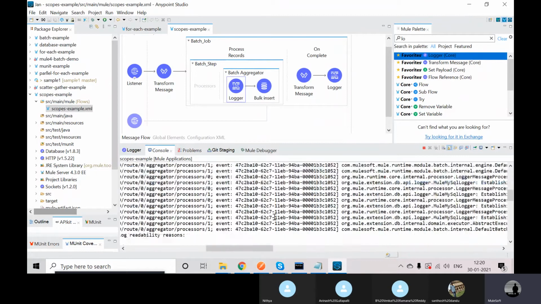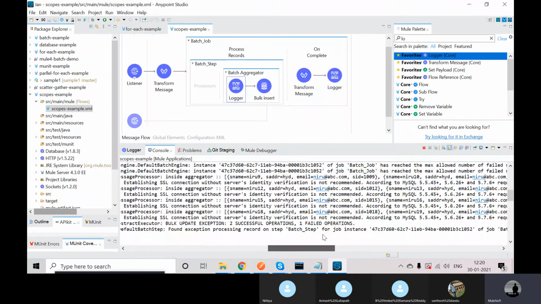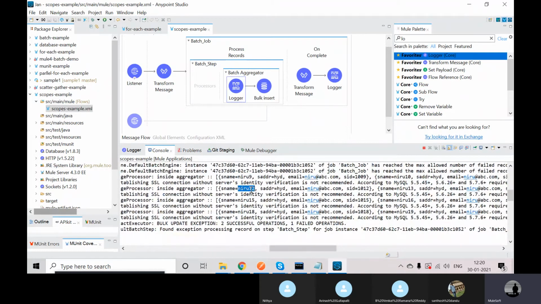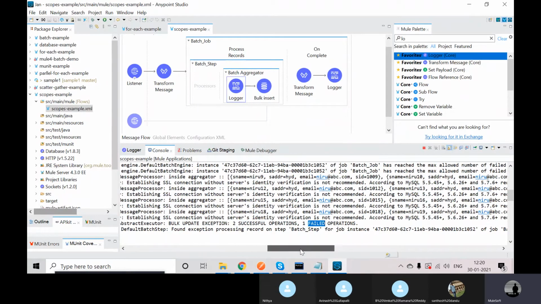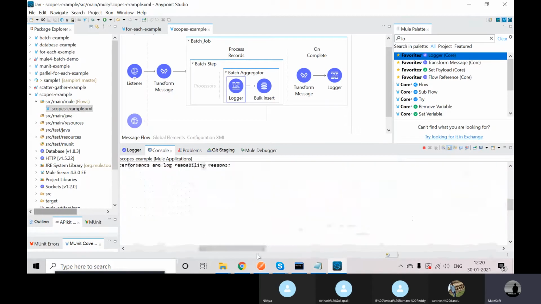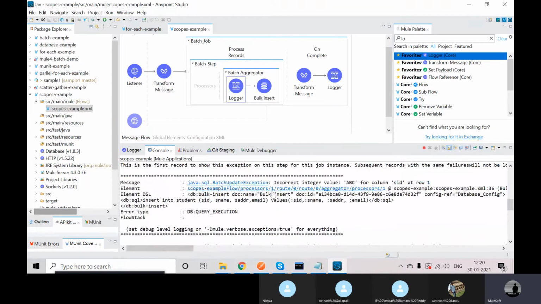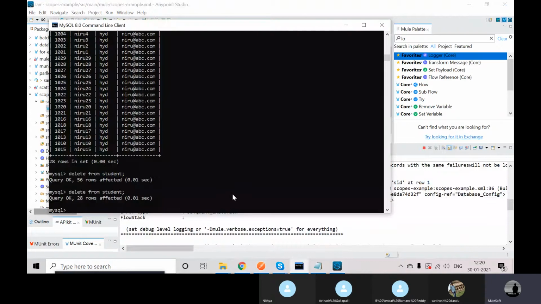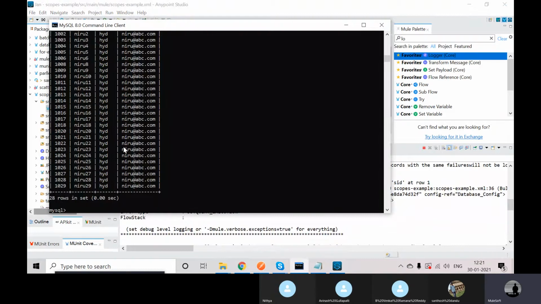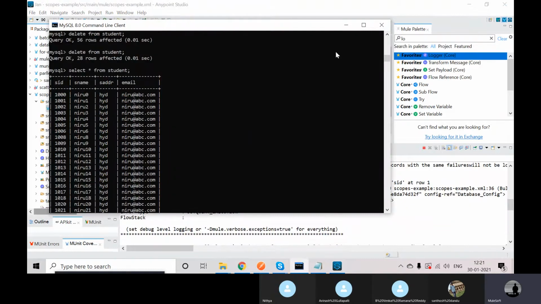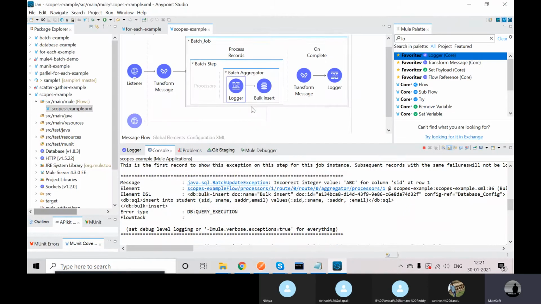The same way, after that it processes the remaining records again. Here you can see Niru 9, Niru 12, Niru 15. But while inserting these 3 sets, 18th, 19th, in the 19th we got an error, so 2 were inserted successfully and 1 operation failed. That's why those 2 sets are not inserted. Now I'll select star from student. You can see only 2 records failed.